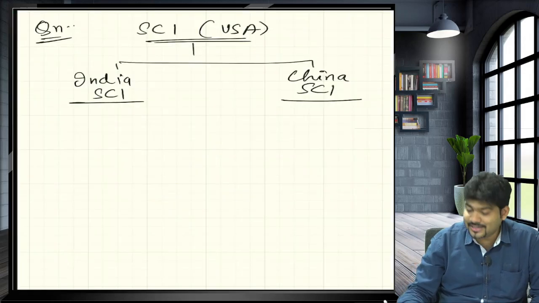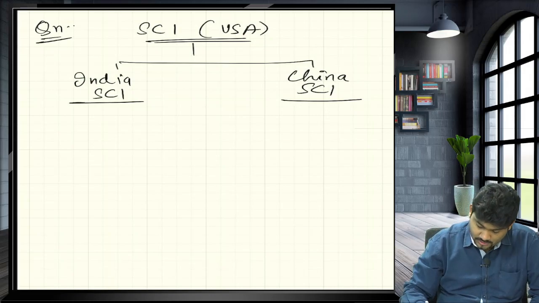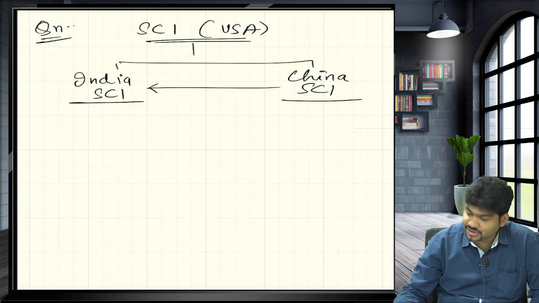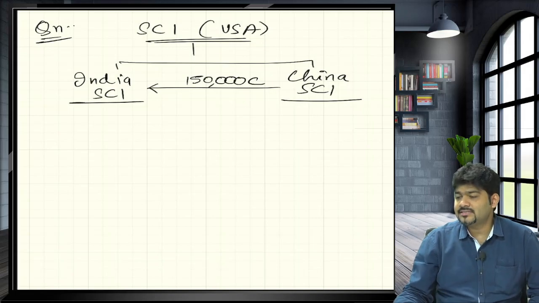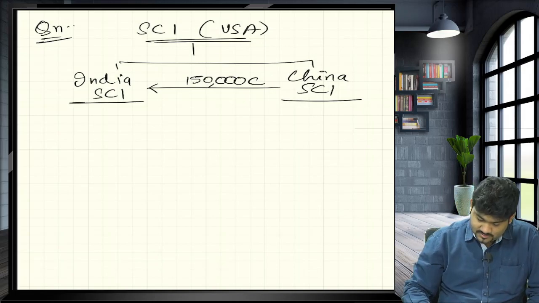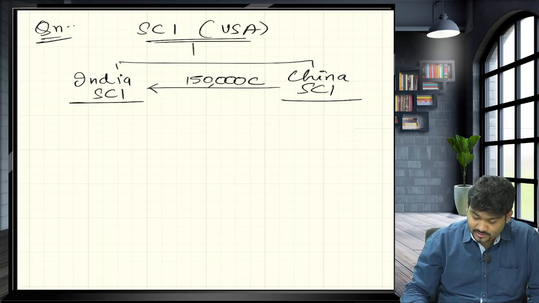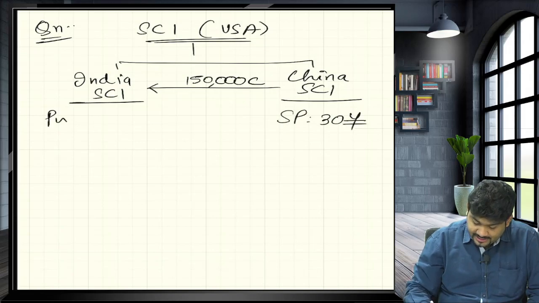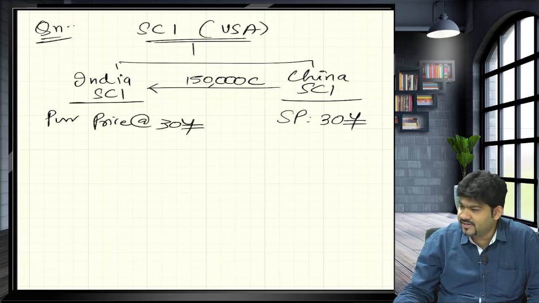Will you please help me in making the summary? What are they saying? Who is buying from whom? Indian subsidiary is buying from China. How much? 1,50,000 components, correct? At what price? 30 yen. So selling price of 30 yen is from China's point of view, correct? So 30 yen, and for India that 30 yen is what? Can I say it is the purchase price? Yes. Okay. Then what else information is given?